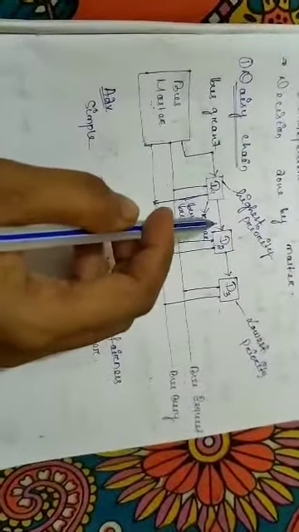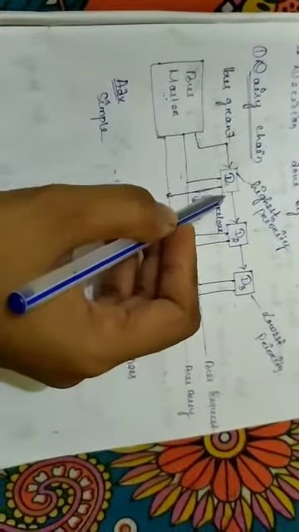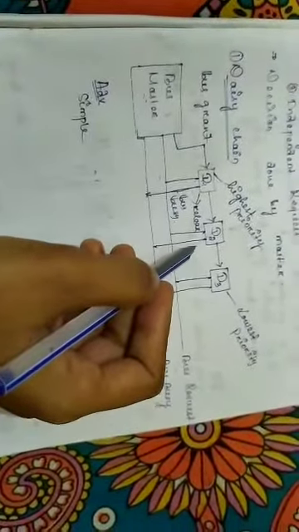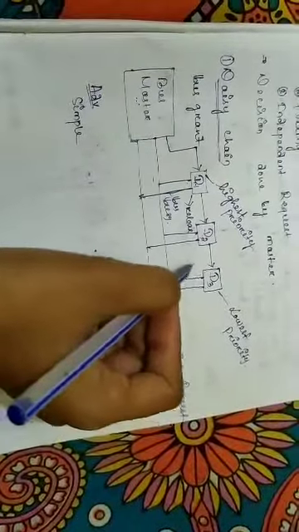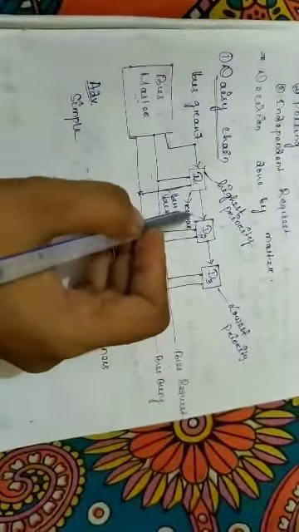But the disadvantage is that if there are a huge number of highest priority devices, then the lowest priority device has to wait for a long period of time. Okay, and also it is slower as it has to check each and every device, then it can generate the grant signal.